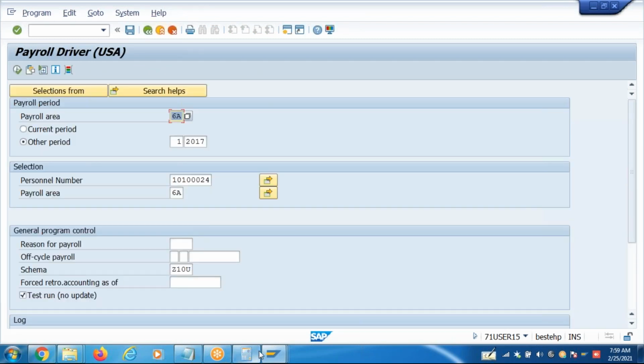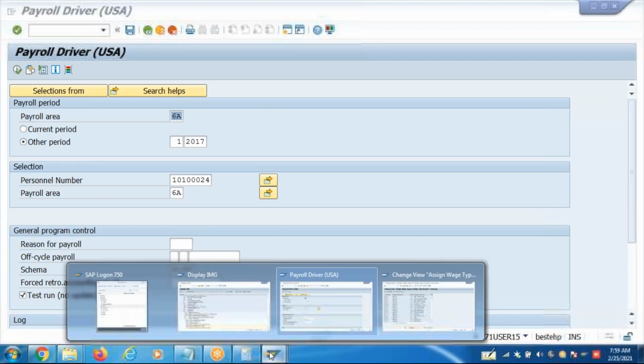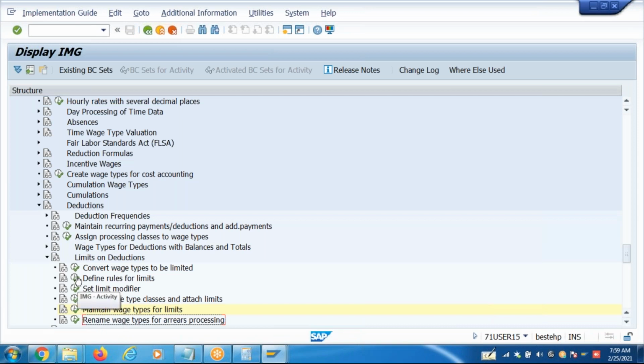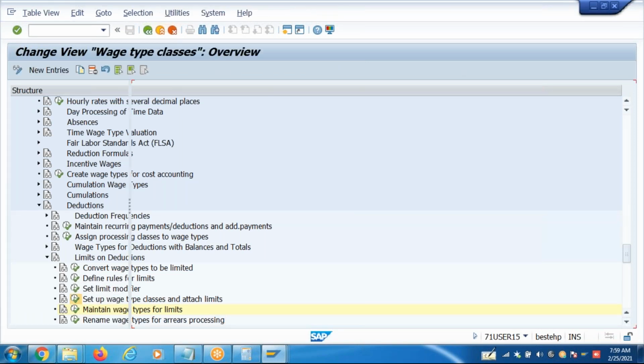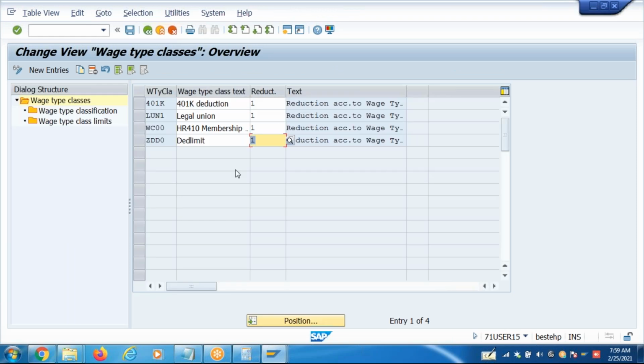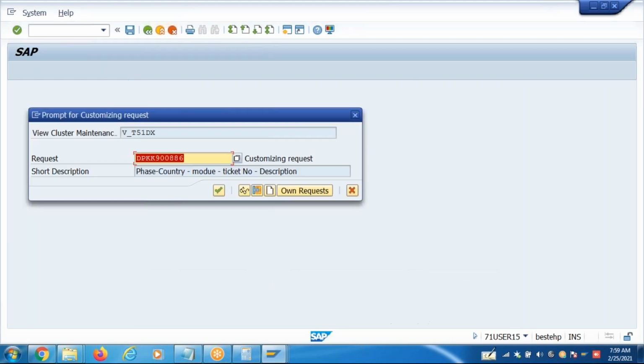Suppose I apply the second method. What is this? Proportional reduction.